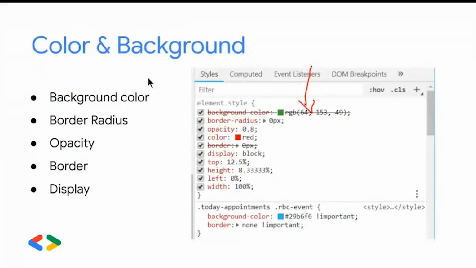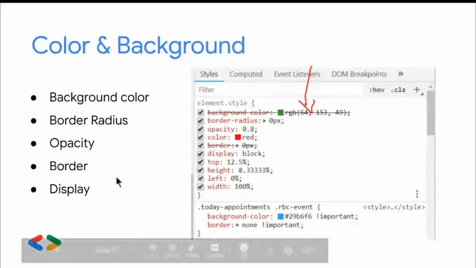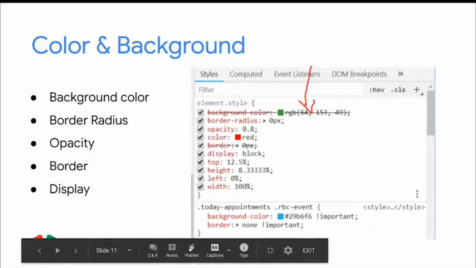And the next topic is colors and background. You can give a background color property to any HTML element. Let's say you have written the background color property to a button tag, and you have given this green color. So your button will be in green color. All these properties you will be seeing in the coming sessions.